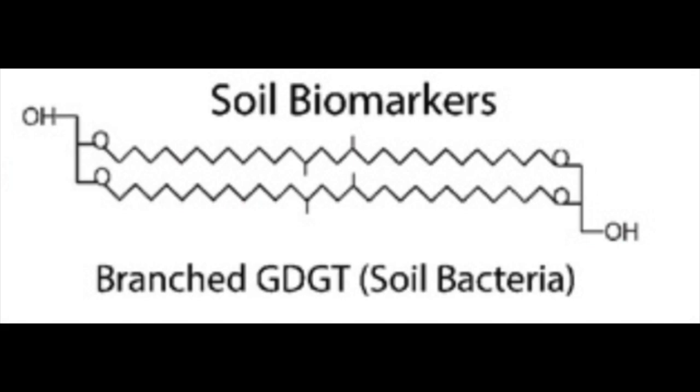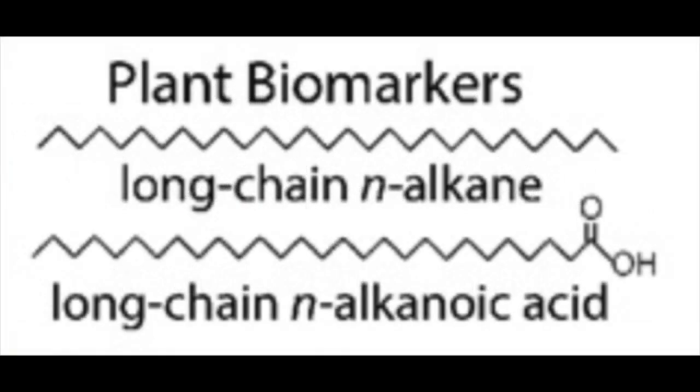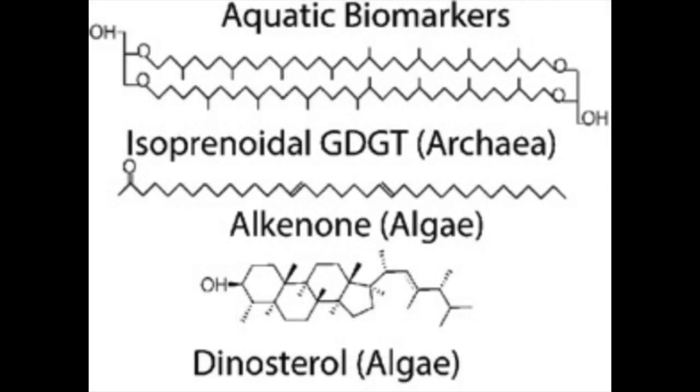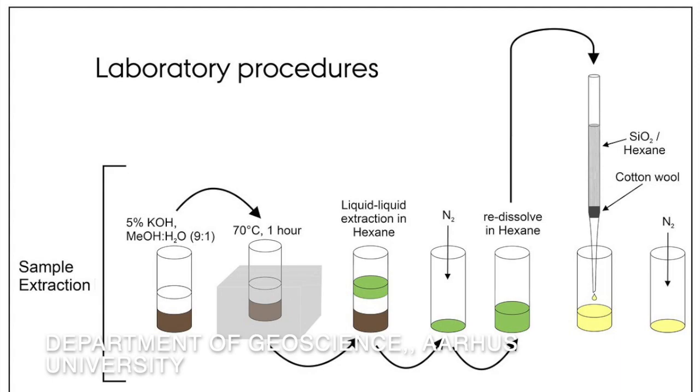And then we can look at a whole range of different molecules that are produced by different organisms and that can be used as proxies for different things. And so what we do is we take our mud samples, we basically mix them with organic solvents that are very good at removing lipids. So we're primarily looking at lipid molecules, removing lipids from these sediments. So we kind of shake them up under high temperature, let them mix, and then the lipids dissolve in that solvent. We then remove that.